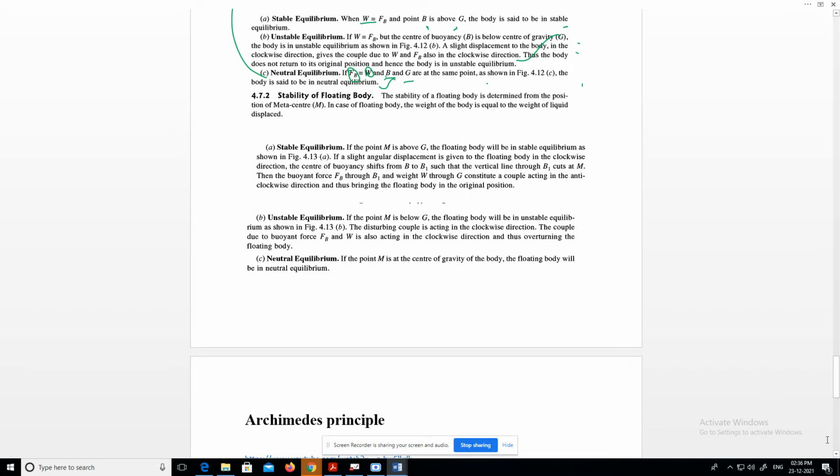Stability of floating body. In this case,